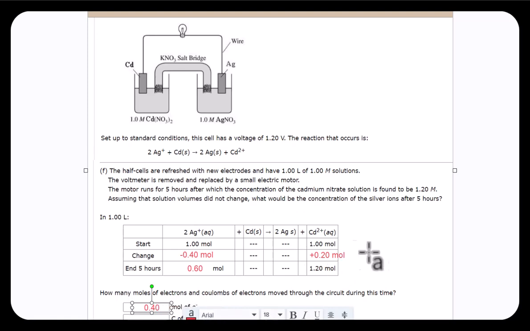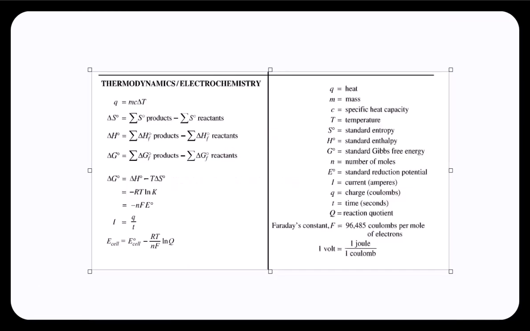0.40 moles of electrons. For a chemist that makes sense, but coulombs is used so often in terms of amps and watts and current. And so we've got to deal with the physics in those units, and we're going to have to change moles of electrons into coulombs, which is another measure in terms of like dozens. And your chart here, this is from the equation sheet, says that there are 96,485 coulombs. So if you're counting electrons using coulombs instead of moles, we would take the moles and multiply it